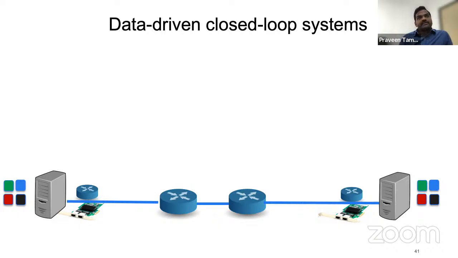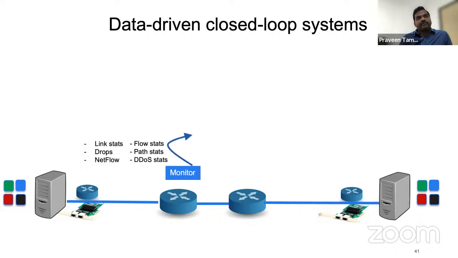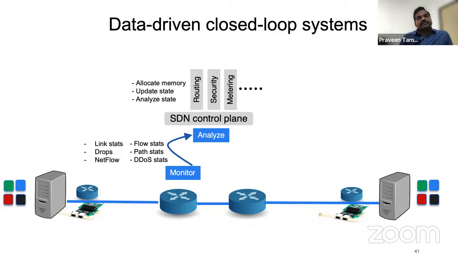To be more specific, in many of these systems they monitor network state related to link stats, flow stats, or path statistics. Sometimes you even collect statistics required to detect DDoS and provide this information to a centralized controller